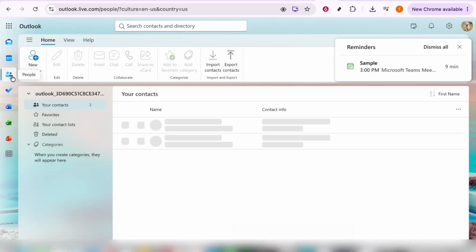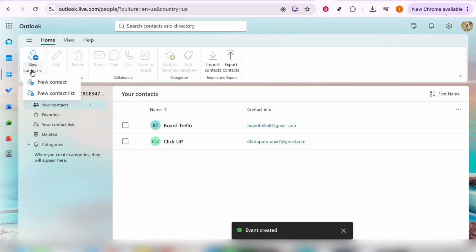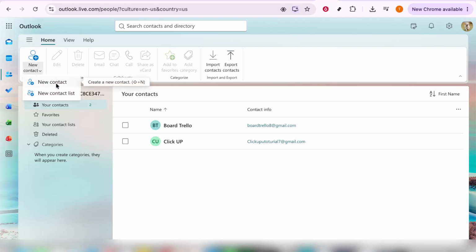Finally, to manage contacts, click the People icon and select New Contact. Enter the contact information, then click Create or Save. Saving contacts makes it faster and easier to send emails in the future,